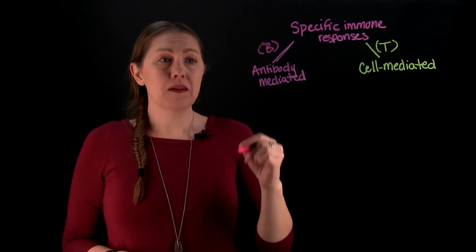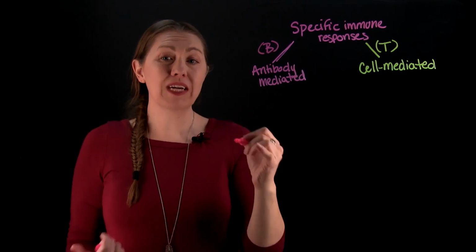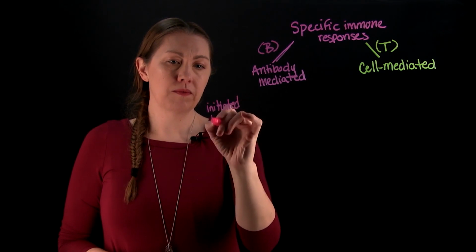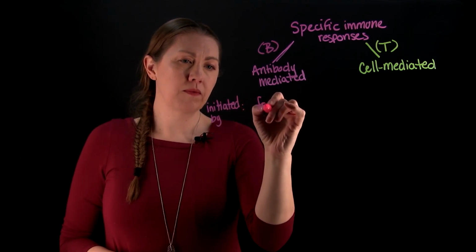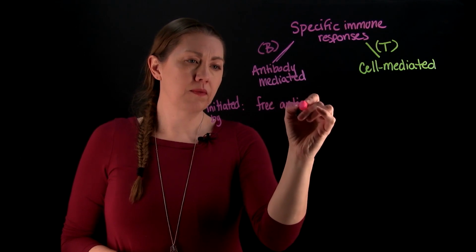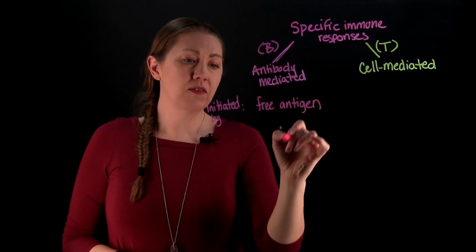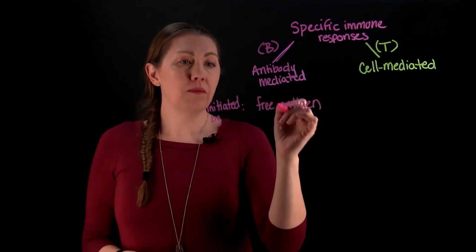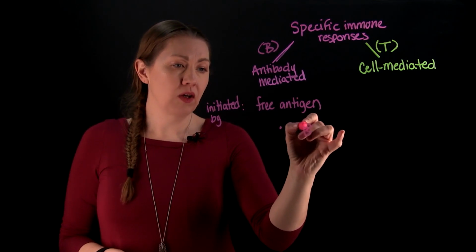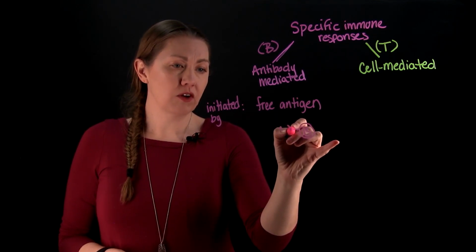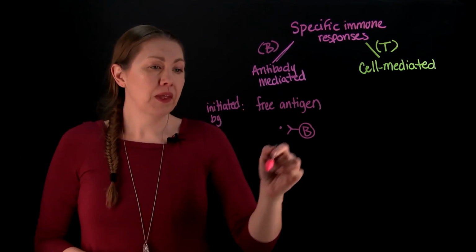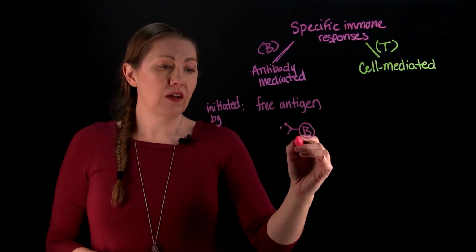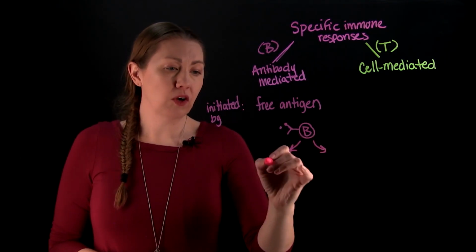So with antibody-mediated immunity, you're going to be initiated by a free antigen. So it basically means you have some kind of foreign invader floating around. It could be on the cell itself, or it just could be a protein. But what happens is you have your B cell that has an antibody on the surface. It's actually an IgD antibody. And so this free antigen will bind up to it, and it will trigger a reaction. So this cell is going to divide. And when it divides, you're going to create plasma cells,